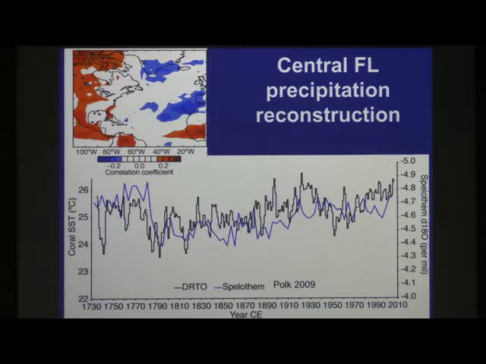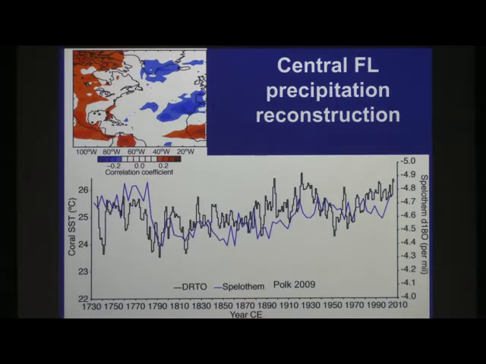What's interesting is between the records, now Jason's record in this interval has 4 to 5 year resolution. He uses uranium-thorium dates as well. He has one date down in this interval, so everything in between is interpolated. But the general trends that we're seeing within the two records are tracking each other. So this is something we expect.